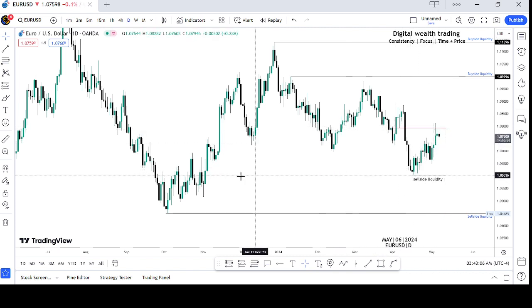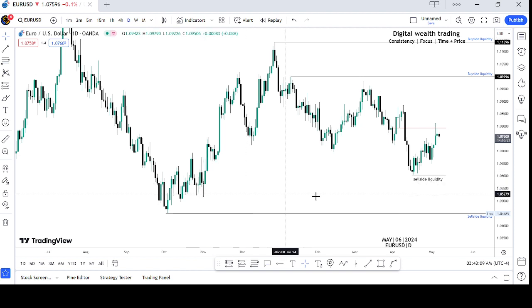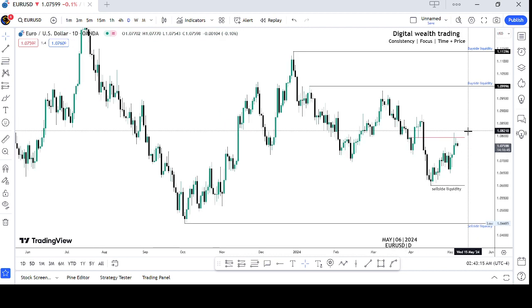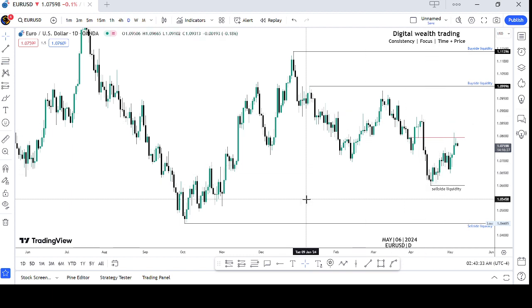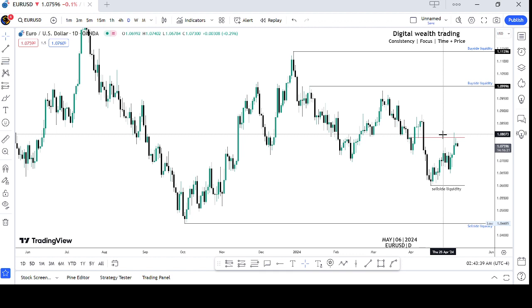Look at the fair value gap that we rejected off from, and we get back to this area. One of the things I know about this market, if you still feel like you are missing out on a trade, then you need to update your technicals and your fundamentals. Whenever price moves sharply lower, if you are smart enough, you should be able to figure out an area where it is going to react from and start delivering price higher to fill those inefficiencies. The major reason we have to come back here is because of these inefficiencies in price.